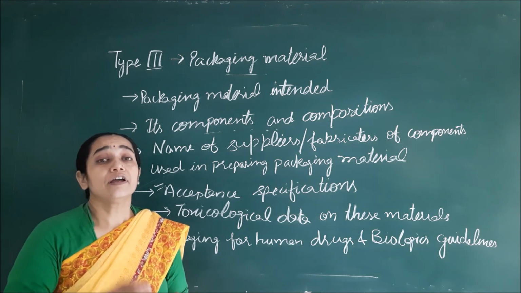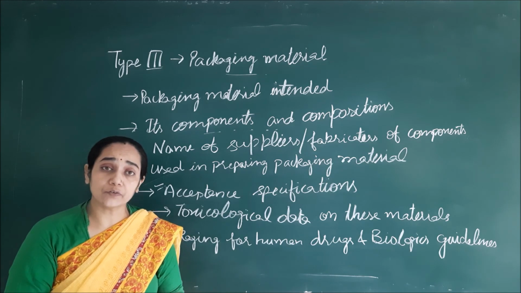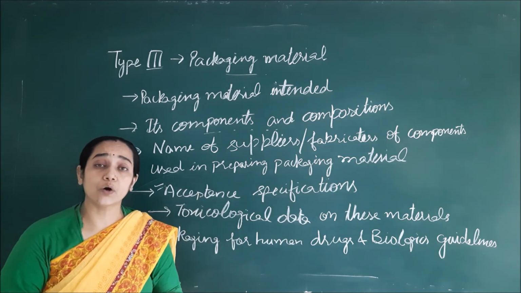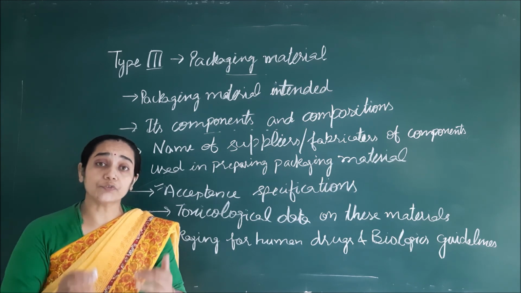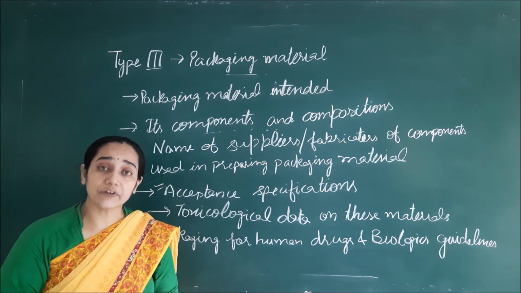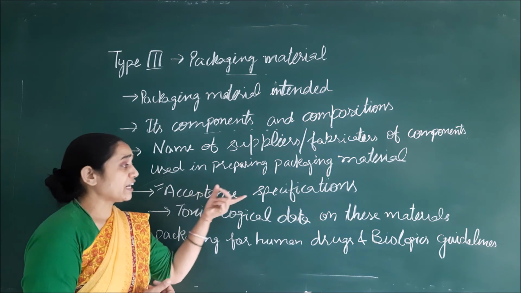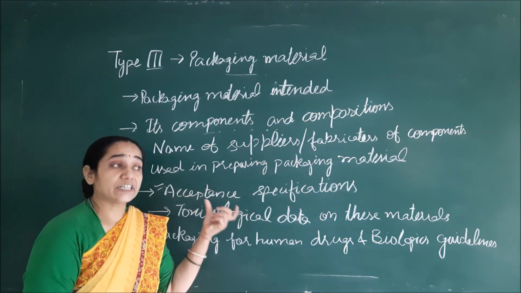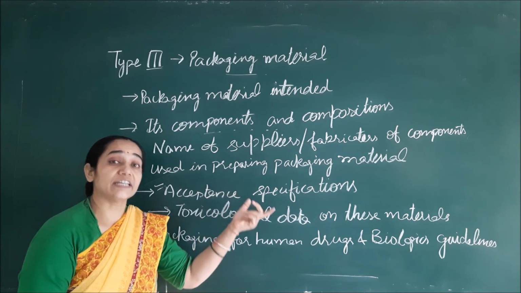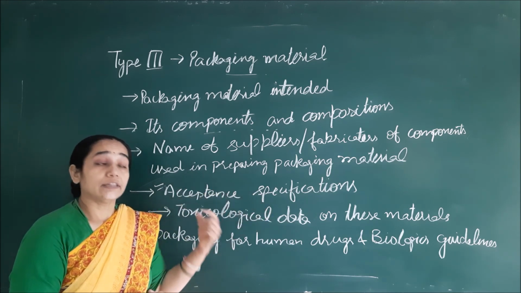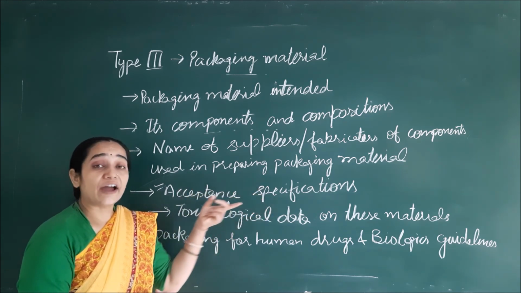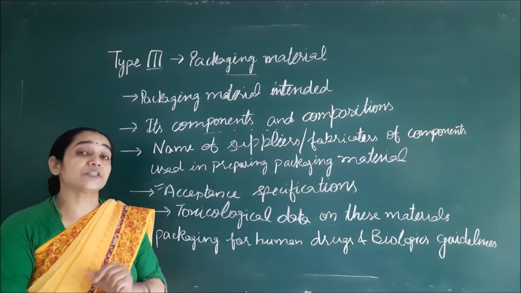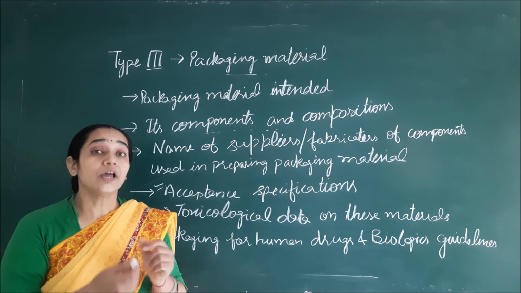Likewise, if the closure is coming in contact with the formulation, is there any probability the content will leach out, or that components of the formulation are going to be adsorbed over the surface? Then there should be an acceptance specification, stating the percentage it can bind and the percentage it can hold. All these will be specified in the acceptance specifications,